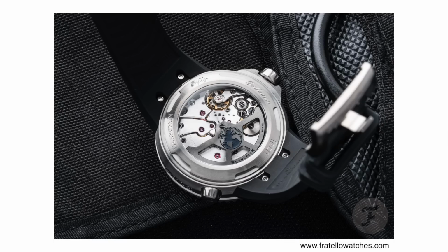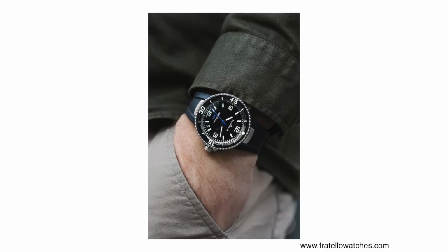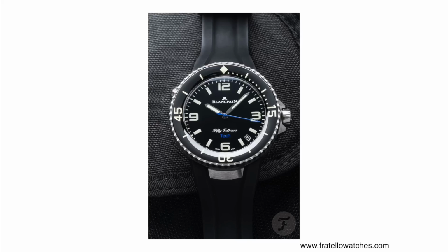And just like the Seiko, this one is also a limited edition. However, it's limited to only 100 pieces, and this watch is priced at 23,250 euro. I do have to note that 1,000 euro from every sale will go towards ocean conservation charity, which is very good. However, still over 20,000 euro, almost 25,000 euro for this diver seems a bit extreme. I do like how it looks and I do like a lot about it, but